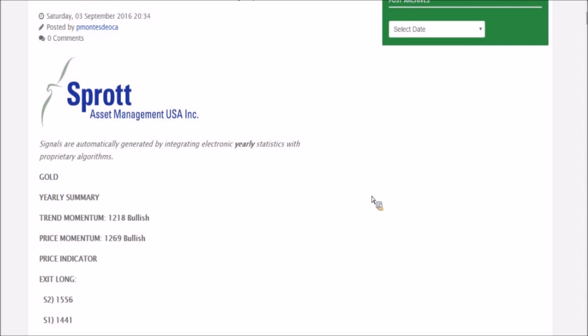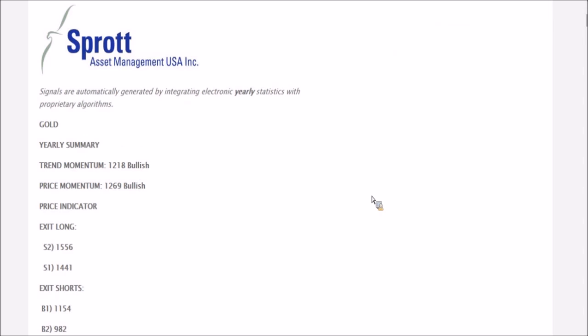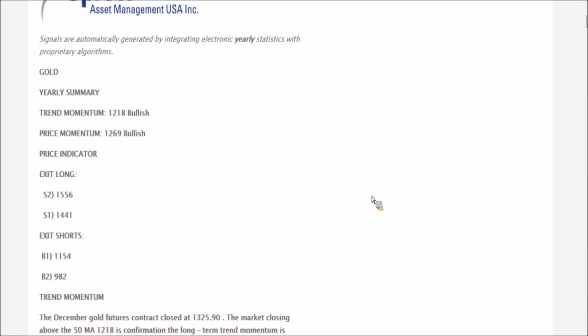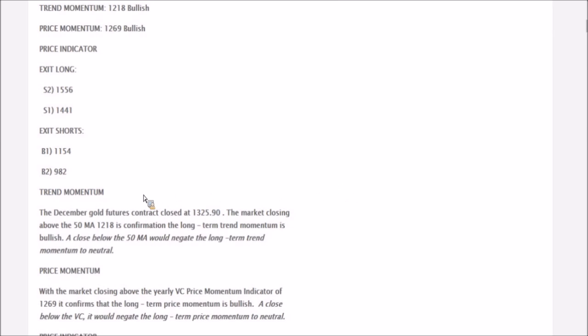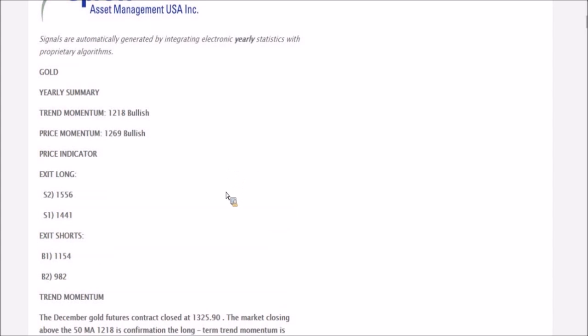The cycle work that we do here indicates that as we came into the end of this year, September, October, November, December, the last quarter of this year, on September the 3rd, the